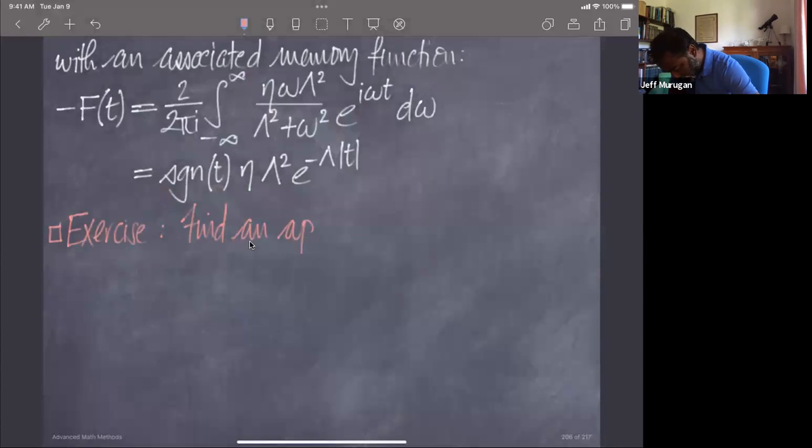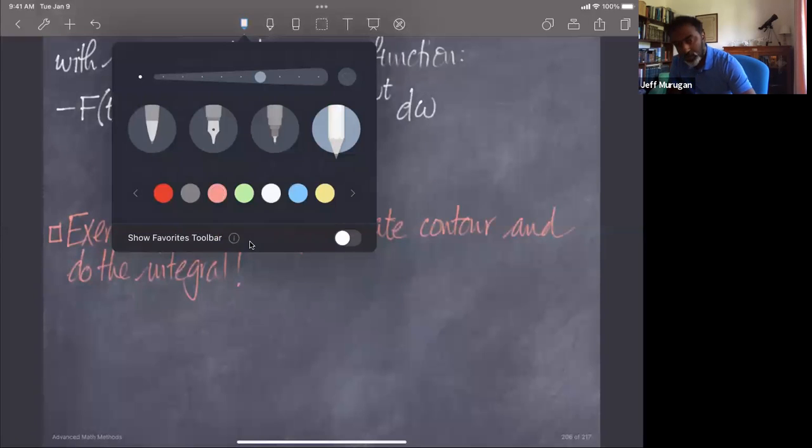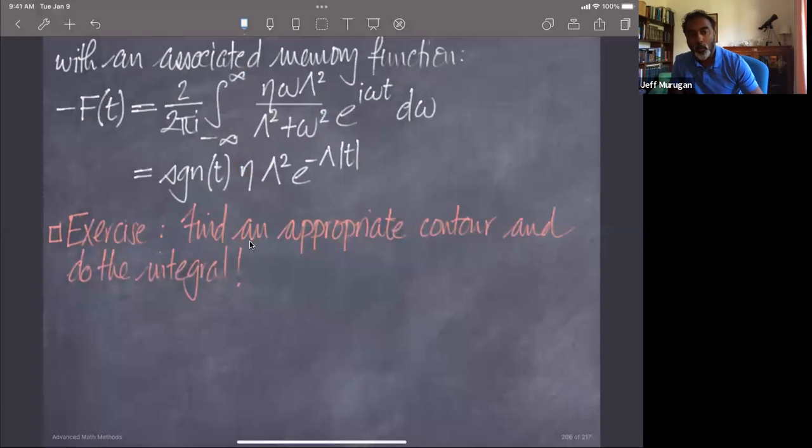Find an appropriate contour and do the integral. Okay. Once I've done that, I can then move on and compute the integral that I really care about, which